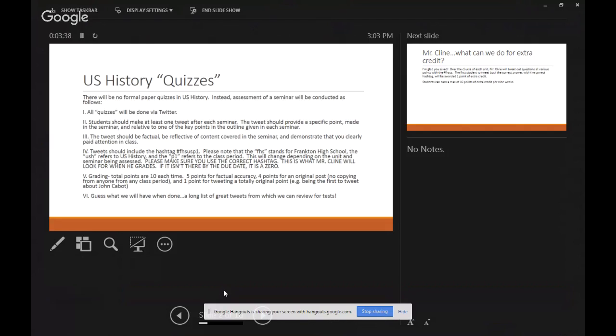But the idea of it is that when we are done, maybe before a quiz or before a test, you can go to that hashtag. Let's be honest, most of you are on Twitter all the time anyway. Right? You can go to that hashtag and you will see what is basically a study guide all the way down. Now, I've had several students talk about using this as a review tool. It's kind of like we're making our own Quizlet deck. It's just that we're using a social media tool that most of you are using all the time anyway. Trying to be convenient and use something that you're not going to have to relearn or learn anew. It's something that most of you are pretty comfortable with.